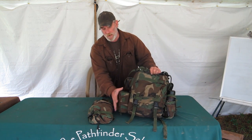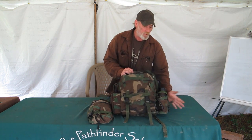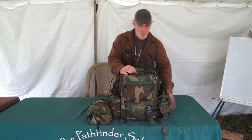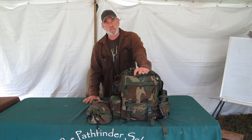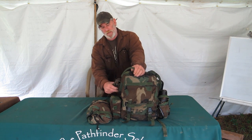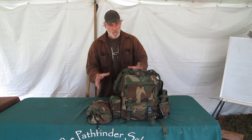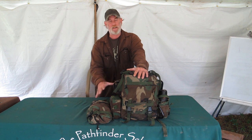There's a first aid type pouch here that I've got bank line in. It's about 10 bucks probably. And then another canteen pouch on the outside that would have cost somewhere between $5 and $10. And then I've got a grenade pouch that I use for my compass on the outside over here that costs about $3. So you're going to have a little bit of money wrapped up in your carrying system, but